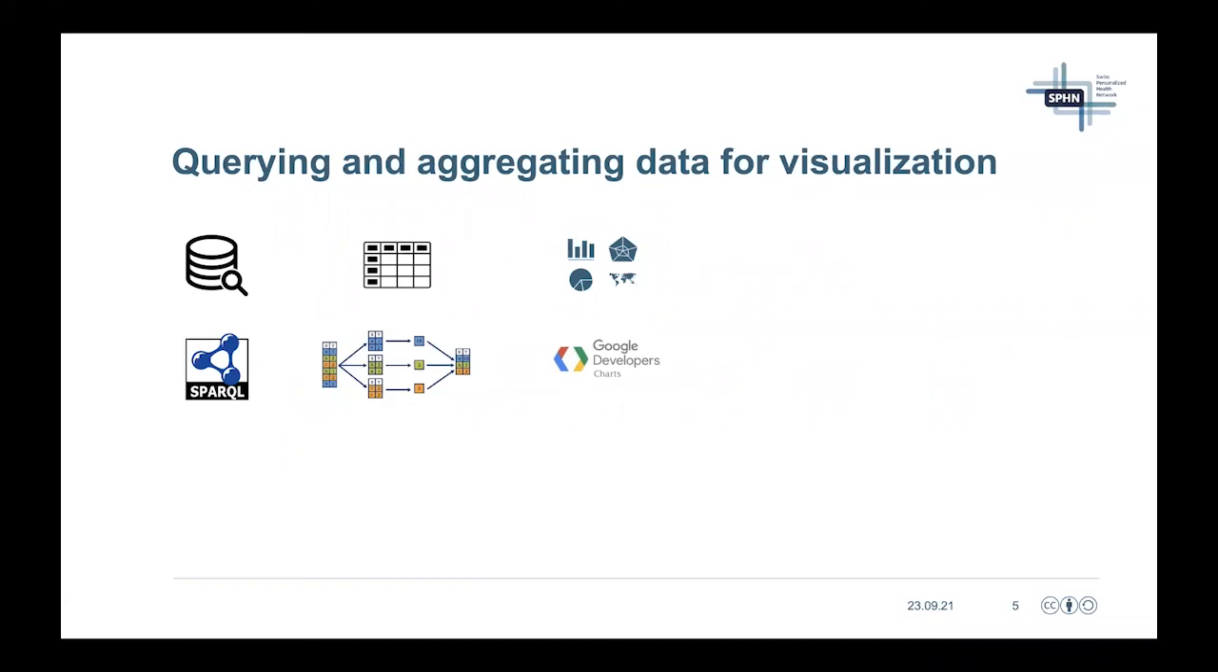Now let me give you an overview of the process of querying and aggregating data for visualization, allowing you to do even more things with your data. So the first step is retrieving the data from the graph database, and this usually involves either writing a query or reusing a query you already have at hand. In the second part of this process,